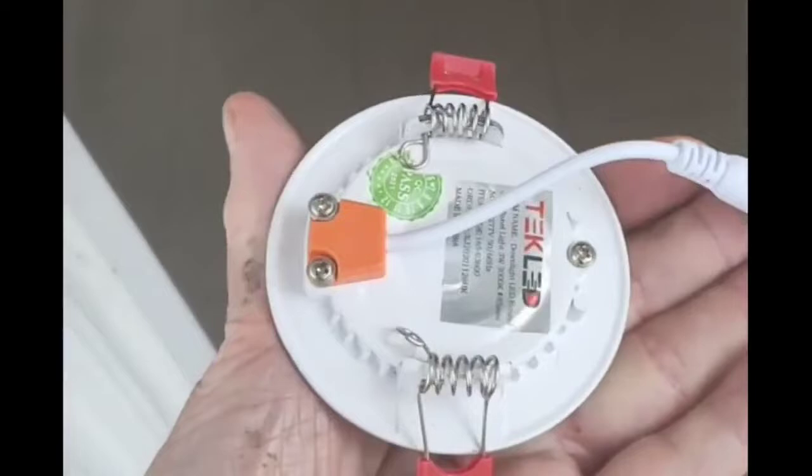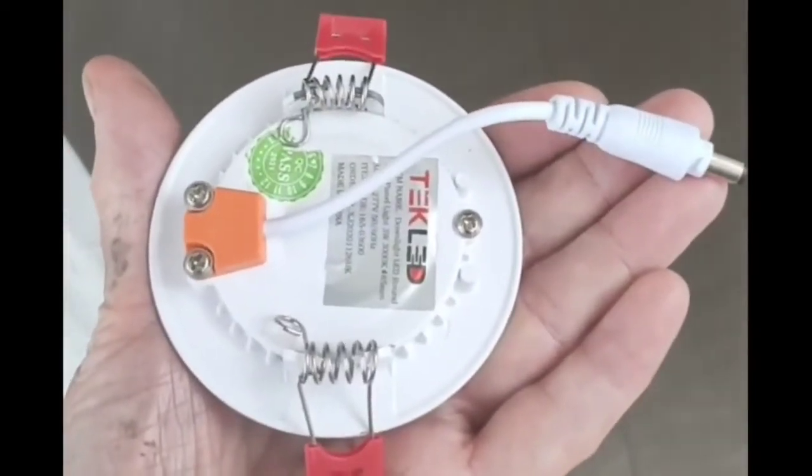However, having searched Google again, I came across a type of downlight I hadn't seen before, which you'll see in the video clip. It's a tech-led 3-watt LED, and it's really very shallow, ideal for this purpose. Another surprise for me was,